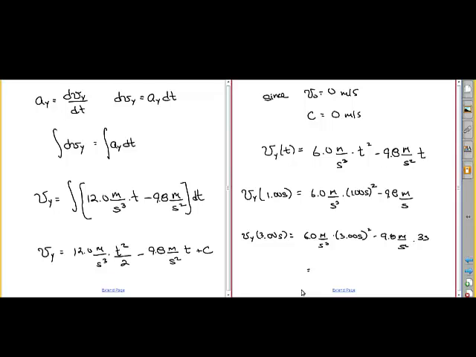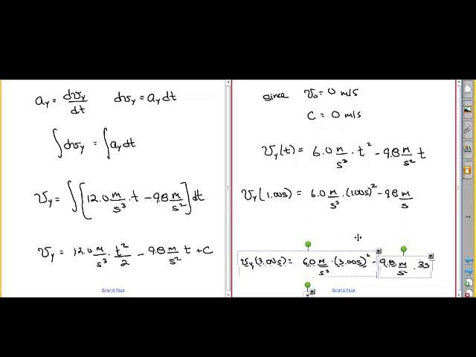And what do we get? Actually, I never did calculate the previous question. So I've actually got to calculate this first. So I get 6 times 1 minus 9.8. That's easy. 6 minus 9.8. So after 1 second, we're still falling. Okay, so it's negative 3.80